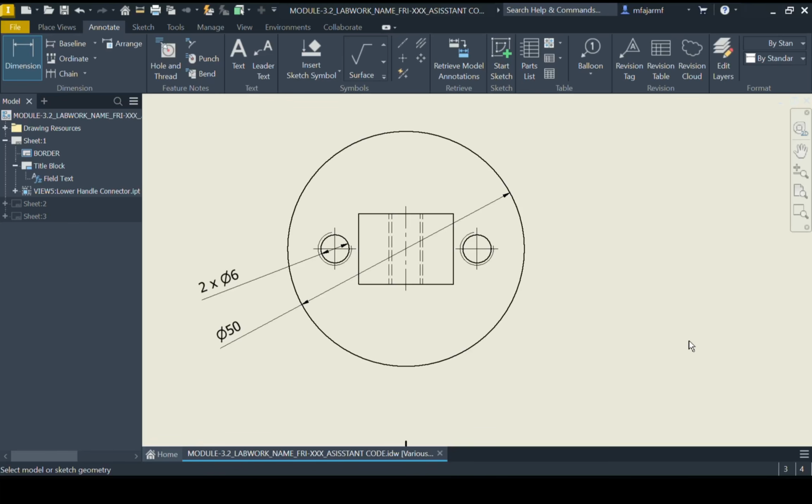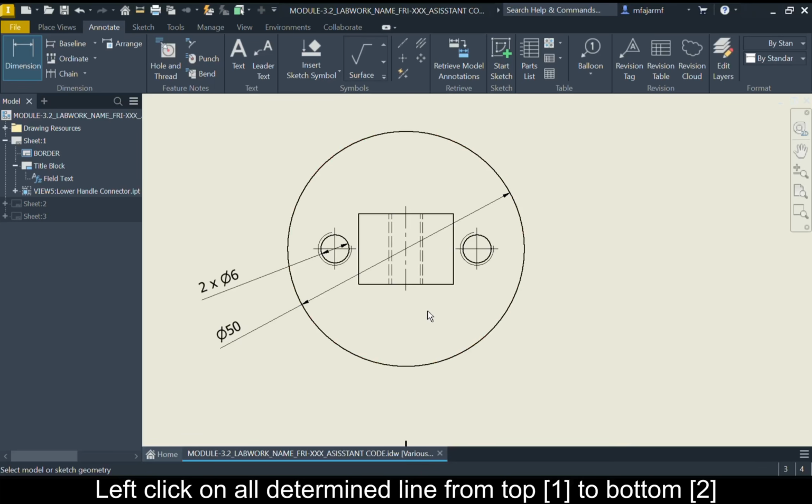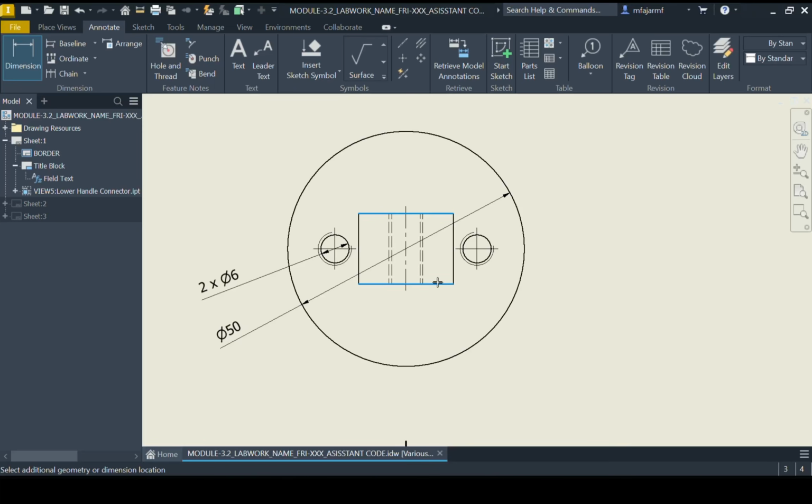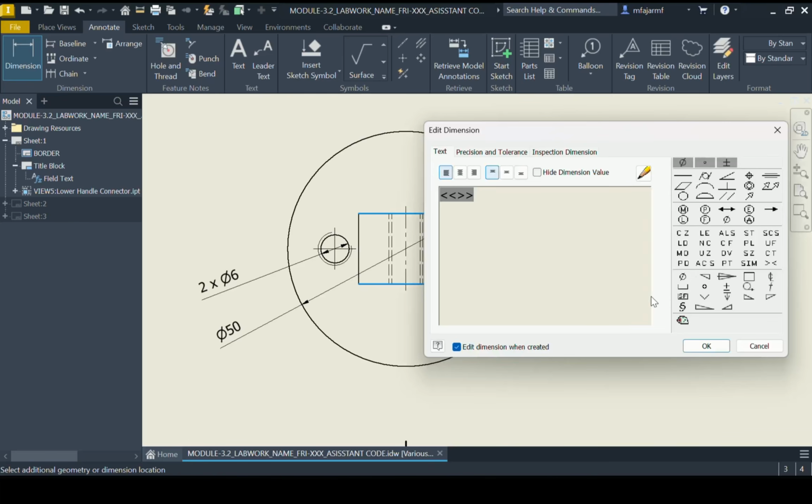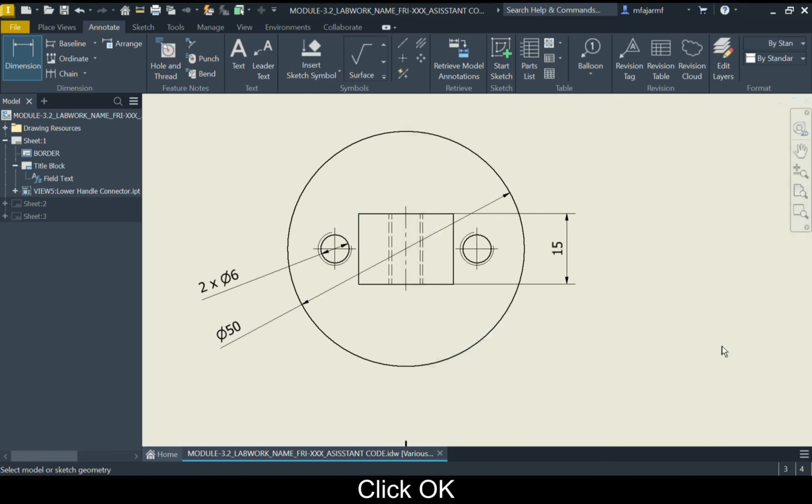After that, left-click on all determine lines from top to bottom, like this. 1, 2. After that, drag the dimension to the right side and left-click. Click OK. And this is the result.